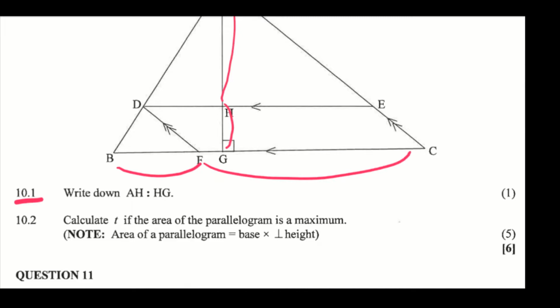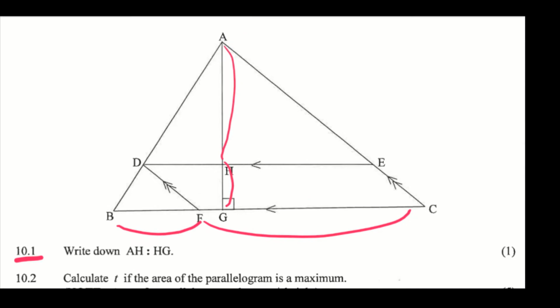So we can simply say, because of parallel lines, let me just write AH over HG is equal to, so AH can be equal to the bigger side, which is GC, divided by BF. But we know that the ratio is actually, so GC is equal to